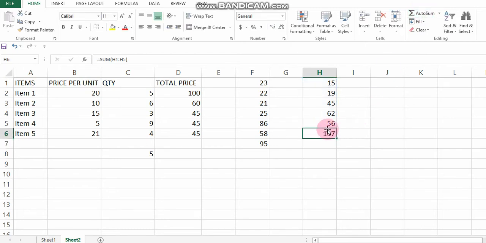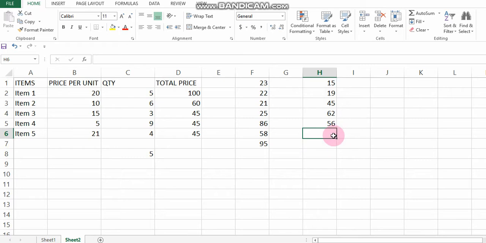If I don't want this, and I need to do the total of adjacent cells, then if you press Alt plus equal key, like I pressed it from my keyboard, and I did not click on the auto sum button, then also it will give you the same function name as given here. See, so when you want to get the total of adjacent cells, you can press Alt plus equal key from your keyboard.